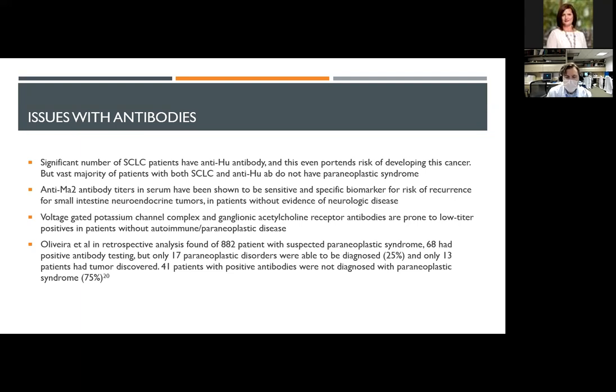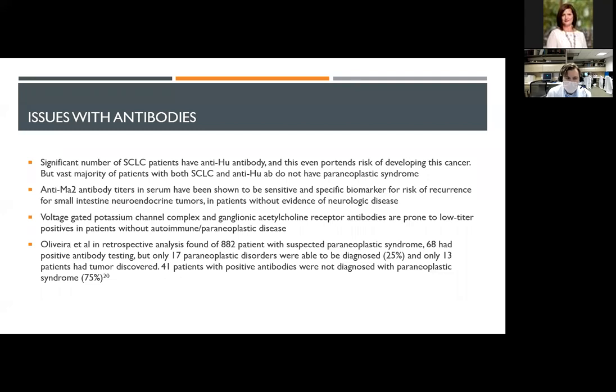Now, we do have laboratory evidence, that I went over earlier, that those antibodies can be pathogenic, and we have a clear mechanism. It's not clear why some people have the paraneoplastic syndrome and some don't, even when they have the antibody, which would suggest that the antibody itself does not cause the problems, but the antibody in concert with the cytotoxic T cells is really what's causing the neurologic issues.